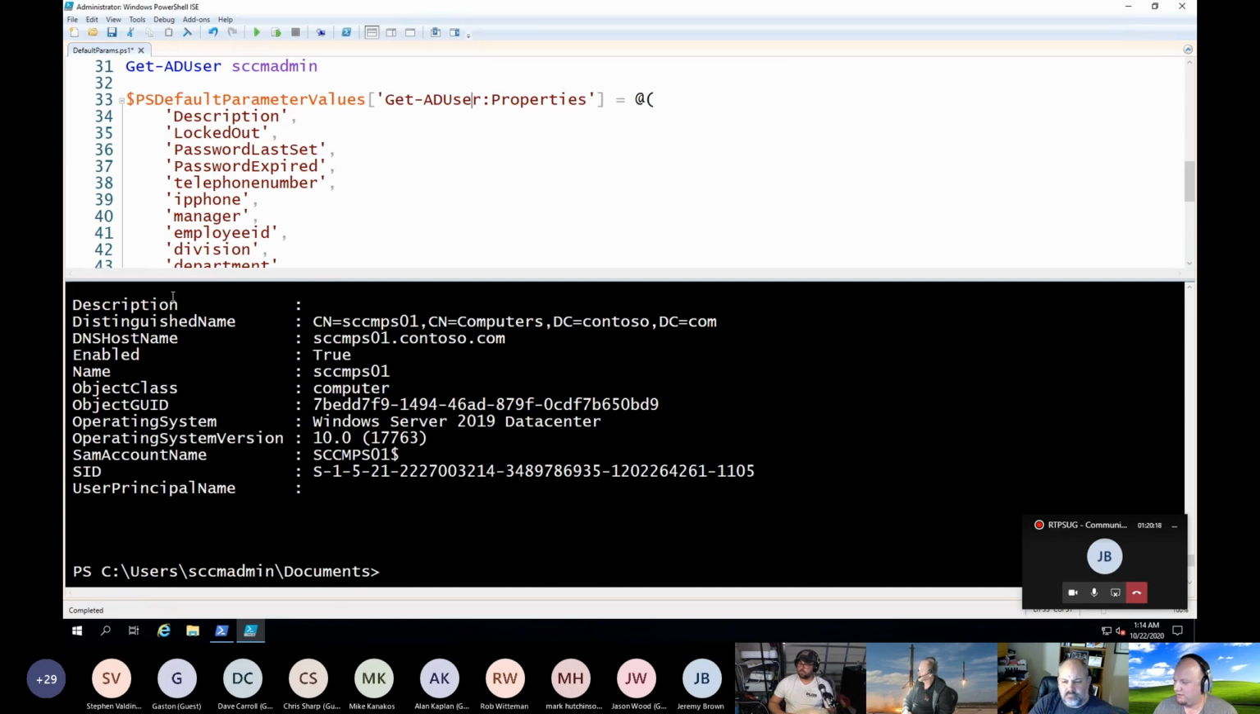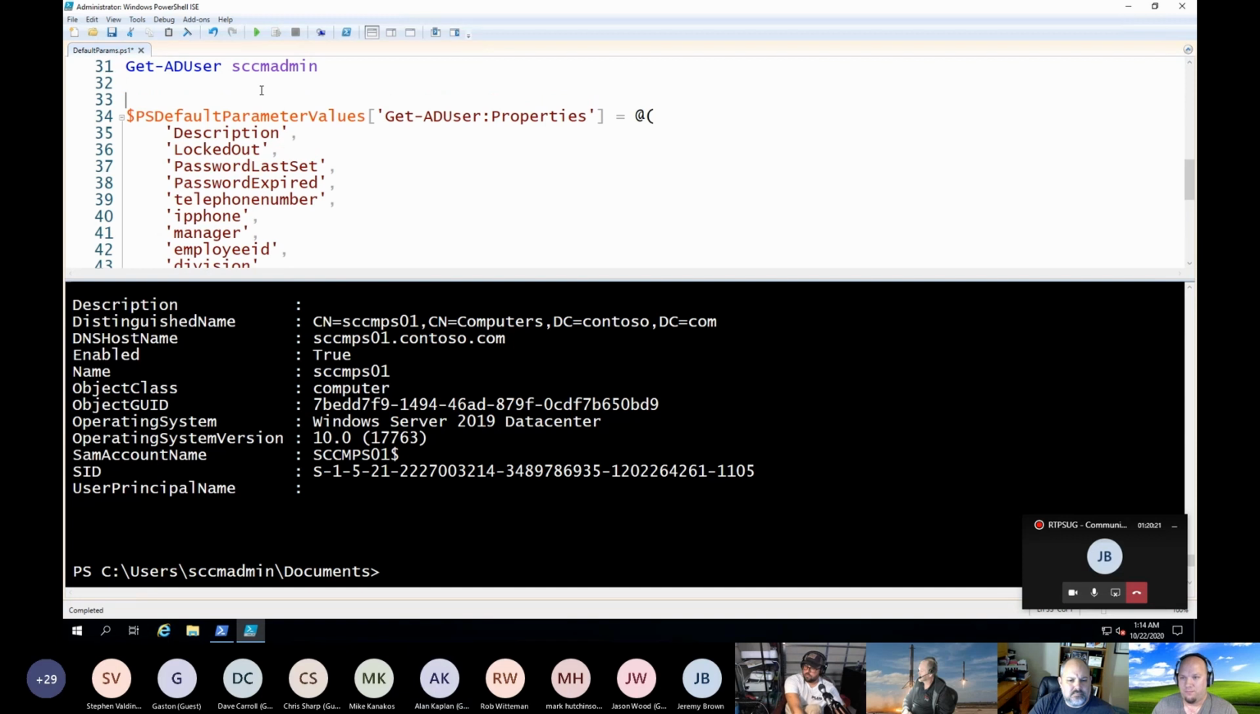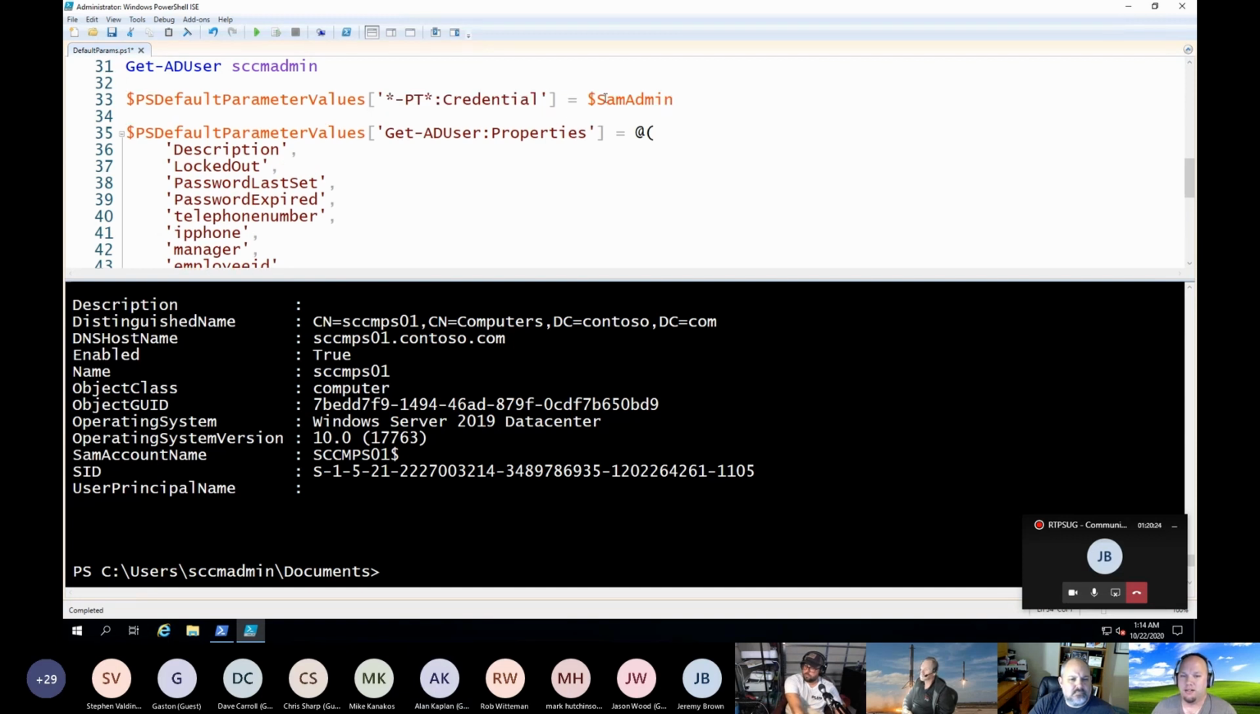I have this one. So I had a thing that pulled out my admin account in my profile. It's probably not the most secure thing, but it worked. We had modules at work that we prefaced with PT because our team was productivity technology. So I added a wildcard, star dash PT star. Anything in ours, if it has a credential parameter, I was giving it my admin account, and that allows you to assign the same variable to multiple